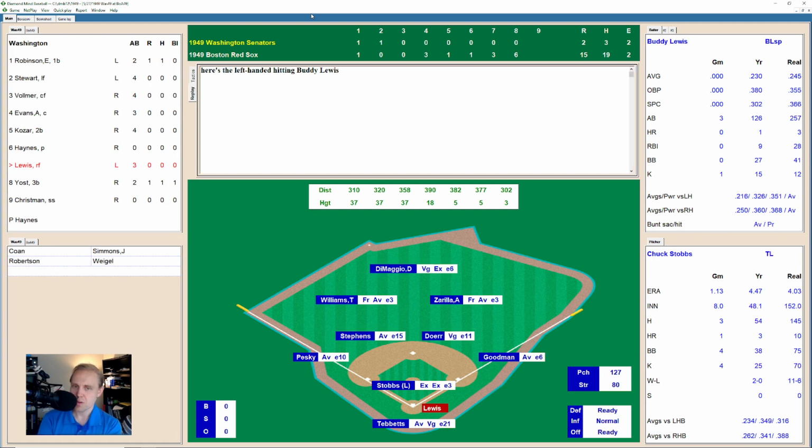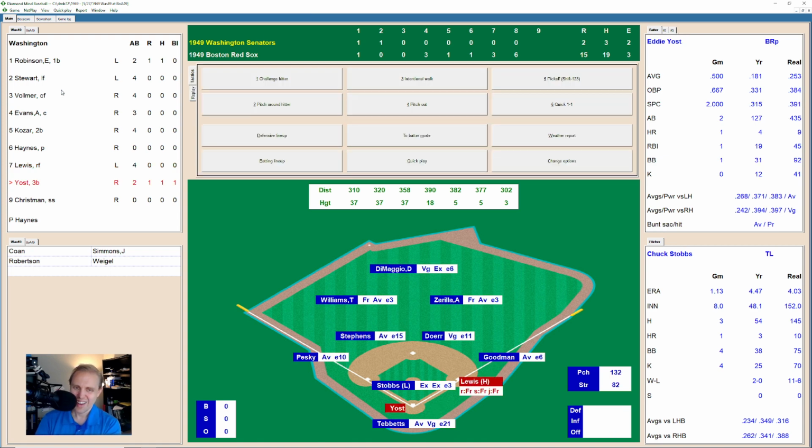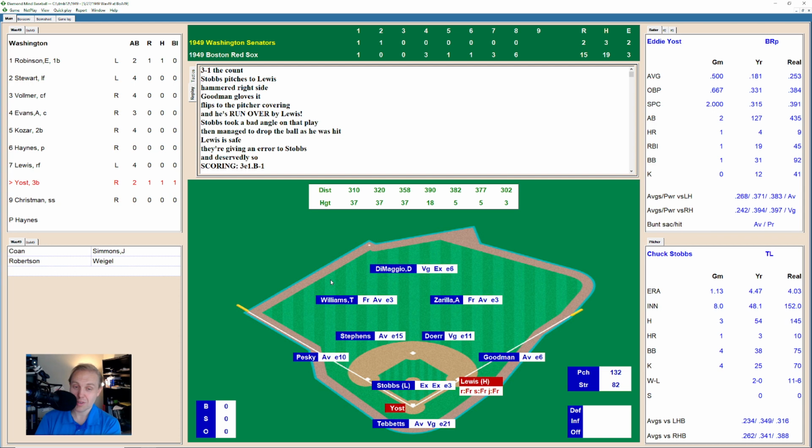Here comes Buddy Lewis, and Lewis takes the ball low, 1-0. Slider below the knees, 2-0. Strike in the inside corner, 2-1 on Lewis. There's a ball, and then a ground ball over to Goodman, and what happens here? So we're going to have to go back and look at this one again. Goodman grabs this ball, flips over to Staubs, covering at first, and he's run over by Lewis, and